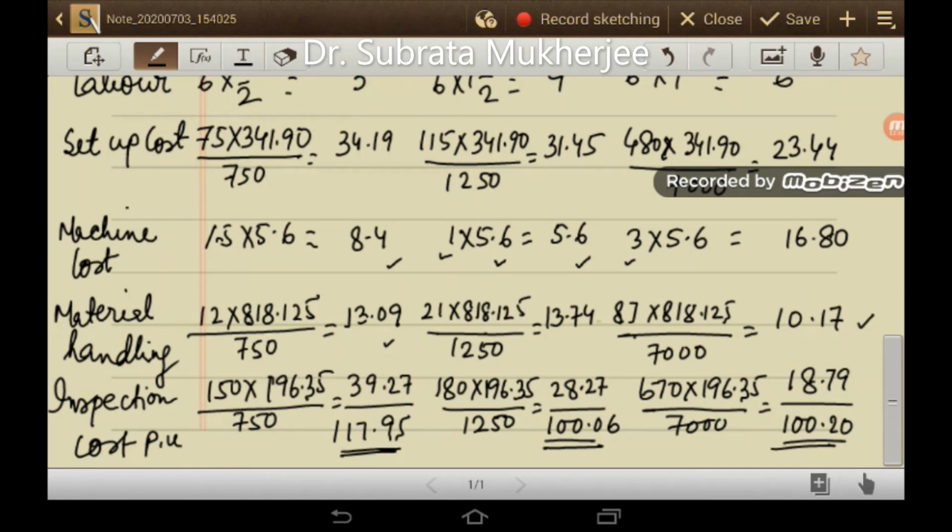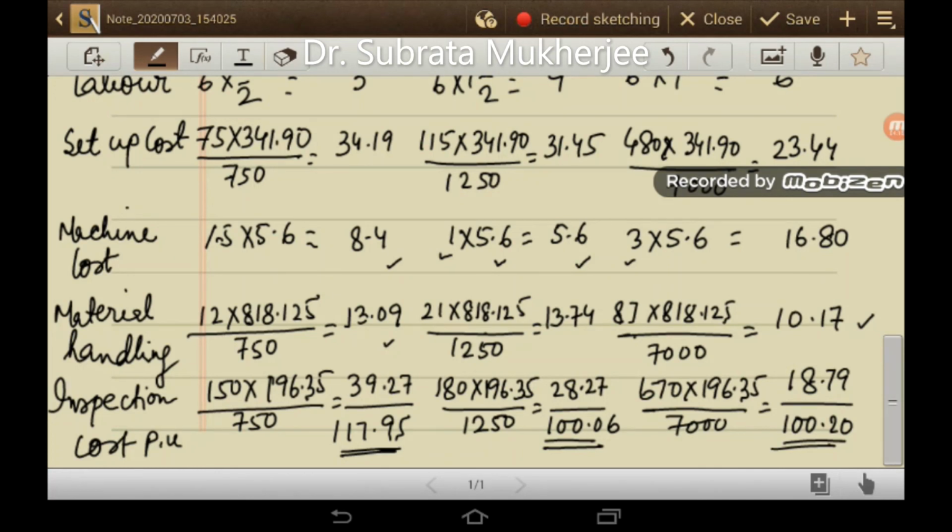Inspection cost per unit of product Y is 28.27 and inspection cost per unit of product Z is 18.79. For product Y, 180 inspections were required. 196.35 is the cost per inspection, and